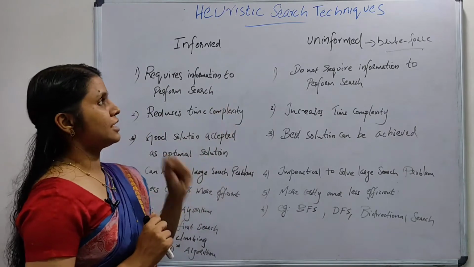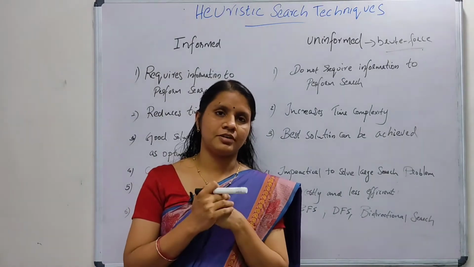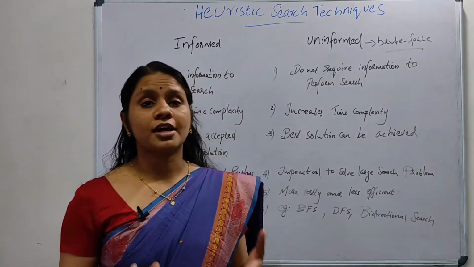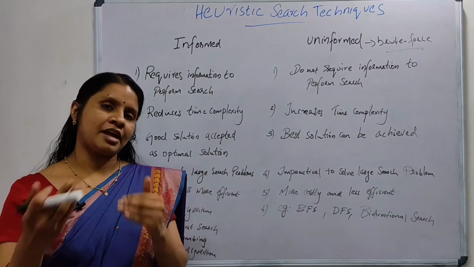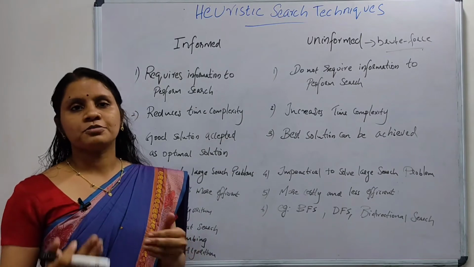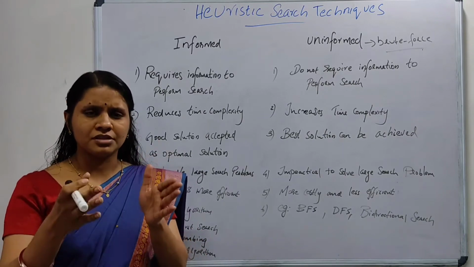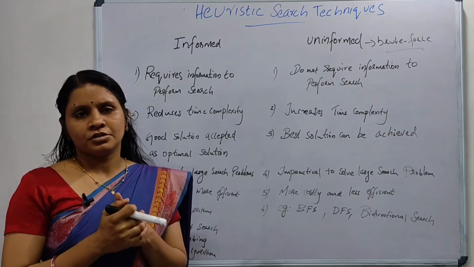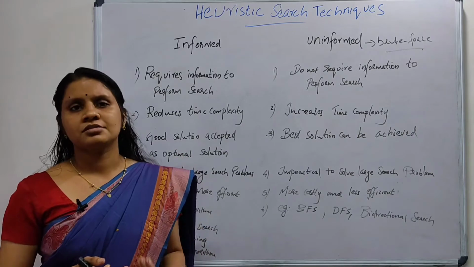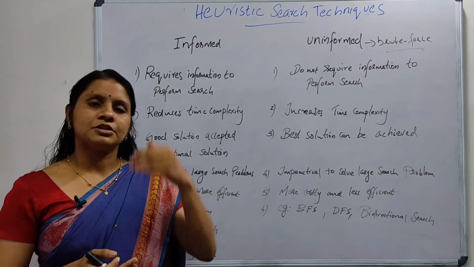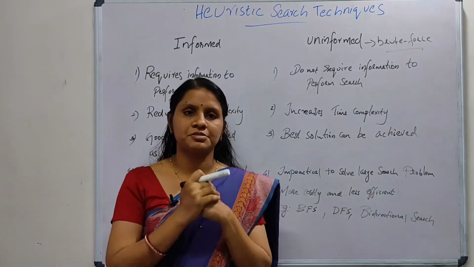Heuristic search techniques are one of the main applications of artificial intelligence, which is problem solving. For problem solving, many search algorithms are used in AI. Many traditional algorithms are used in AI applications. For complex problems, these traditional algorithms were unable to find the solution within practical time and space limits. So some special techniques have been developed using heuristic functions. The algorithms that use heuristic functions are called heuristic algorithms.